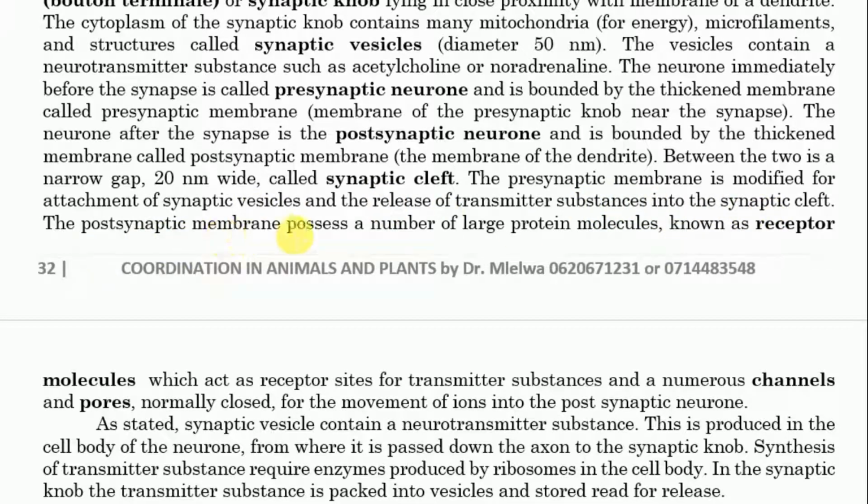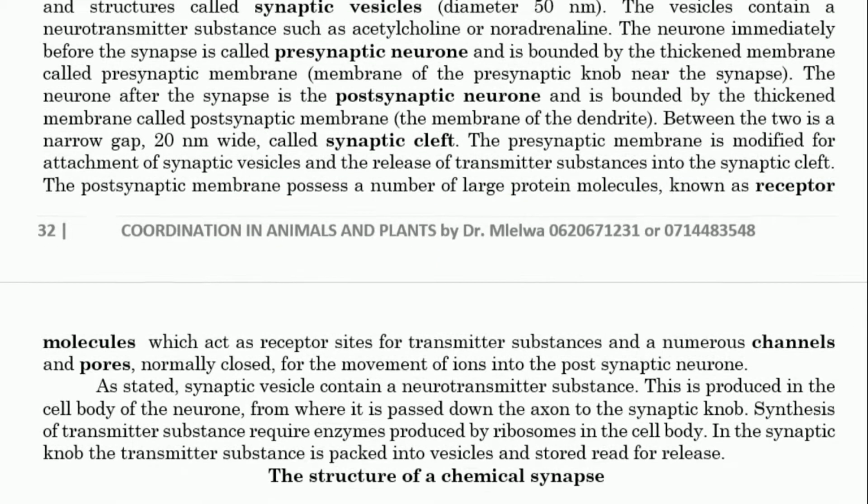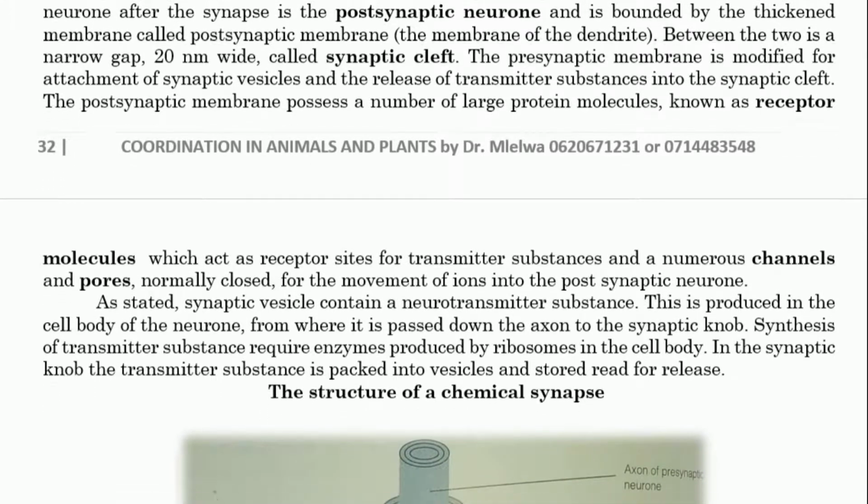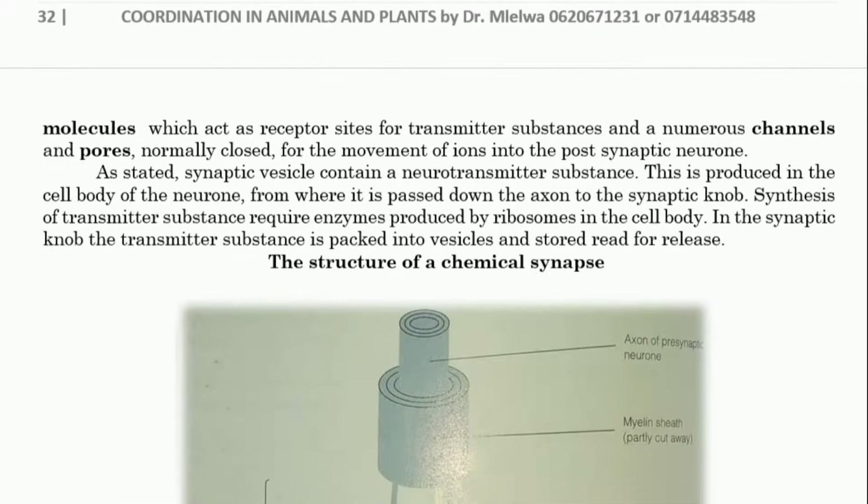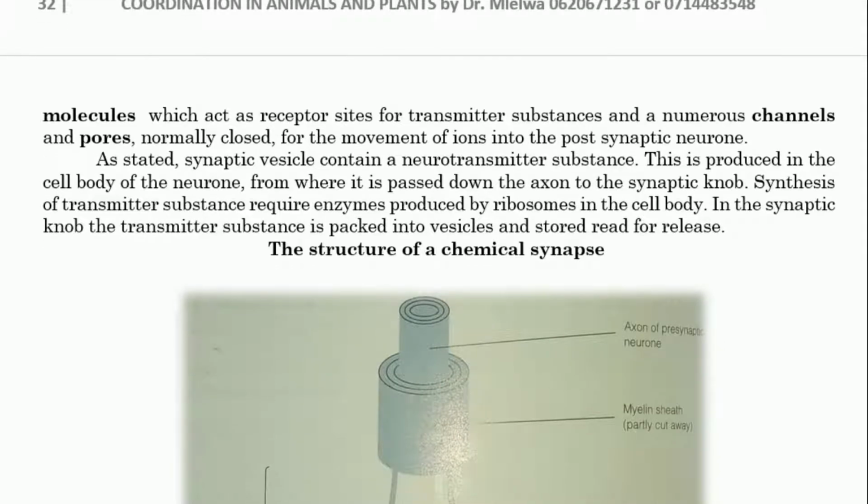The post-synaptic membrane possesses a number of large proteins known as receptor molecules, which act as the receptor sites for transmitter substance, and numerous channels and pores, normally closed, for the movement of ions